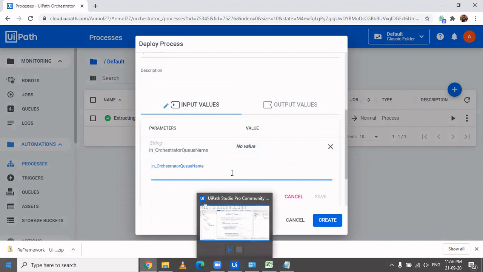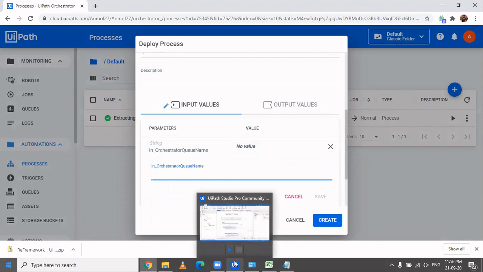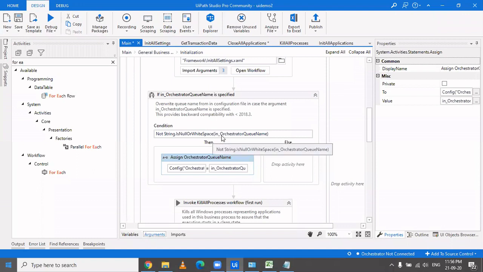So if I give it, it will actually overwrite whatever is in the config file. Yes, if you provide the queue name here, it will overwrite it. So that is what it is saying: if this is null or empty, then pick it from config.